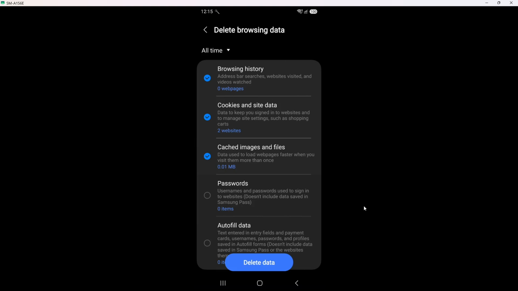With that done, you have successfully deleted cookies from your Samsung phone. This process can be repeated whenever you feel your browser is cluttered or slow. Remember, regularly clearing cookies can help keep your browsing